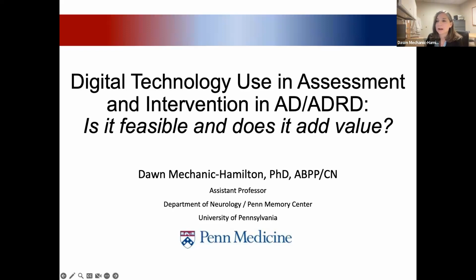I think we're all thinking a lot about the ways in which we can improve assessment and intervention, and lots more tools now available to us, almost a dizzying number of tools available. And so I think thinking about when they're useful and how they're useful and the components that are useful is something that is helpful to have conversation about and figure out when they're going to add value and how to do that.